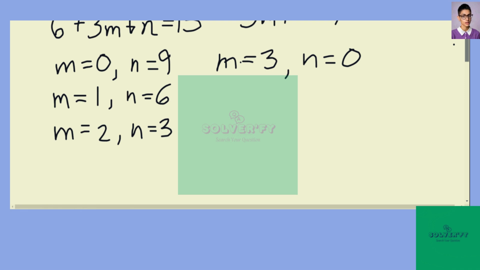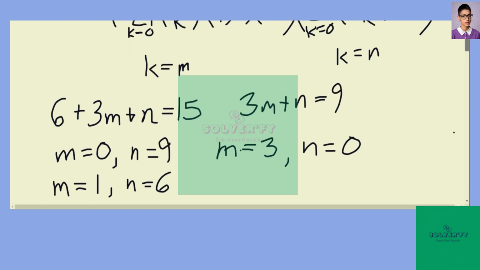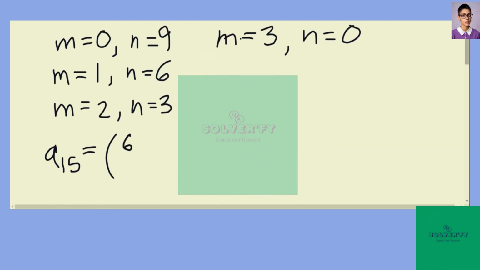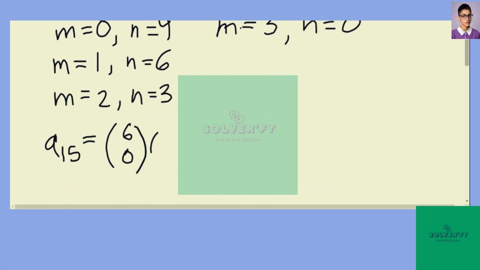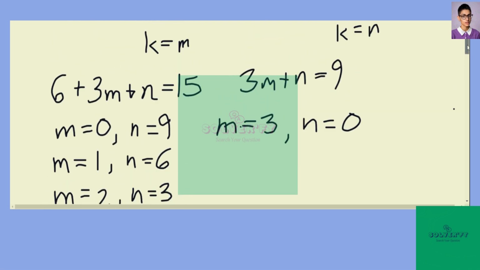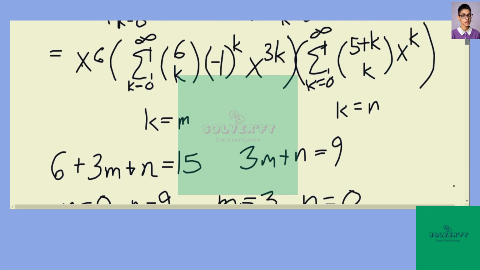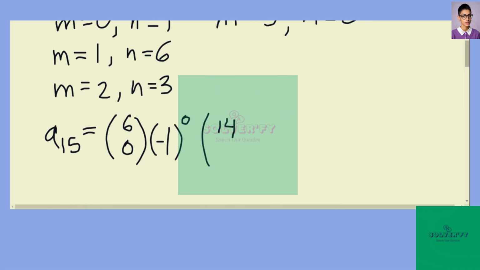And so the coefficient of x to the 15th is going to be the sum of these coefficients, which are, if m is 0 and n is 9, 6 choose 0 times negative 1 to the 0th power times 5 plus 9 is 14, choose 9,